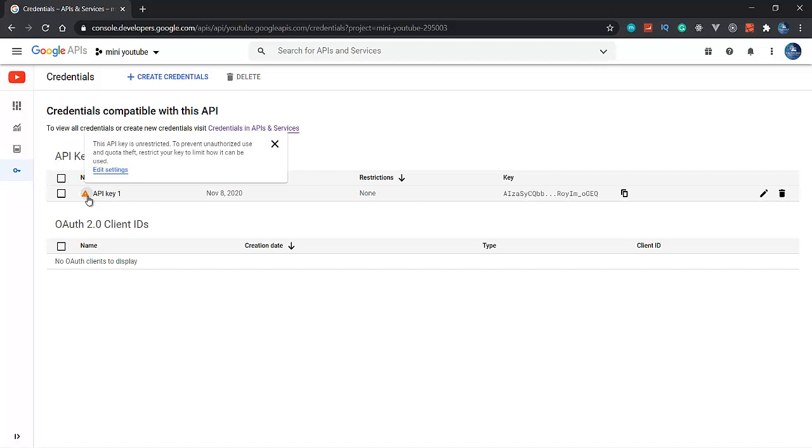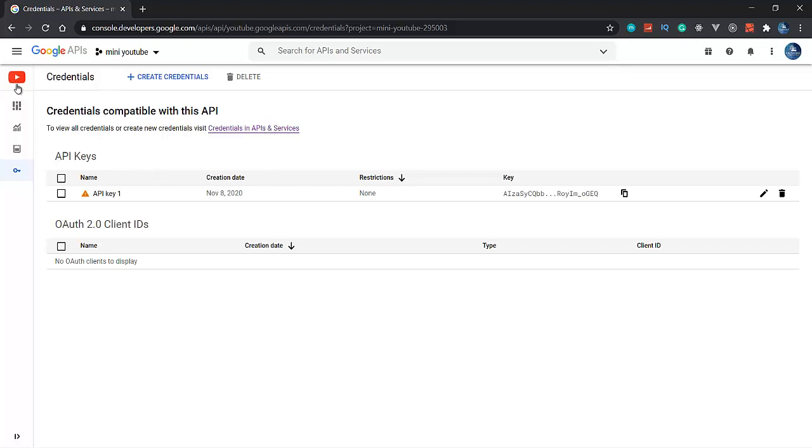This API is a public API, so it is giving just a warning that your API key is unrestricted. It is publicly available and anyone can use this API key. You can ignore that if you want others to use this API. For me, I made this an open API key.